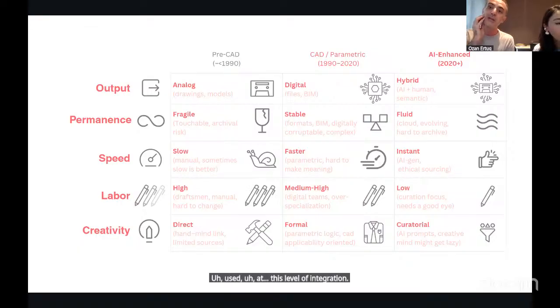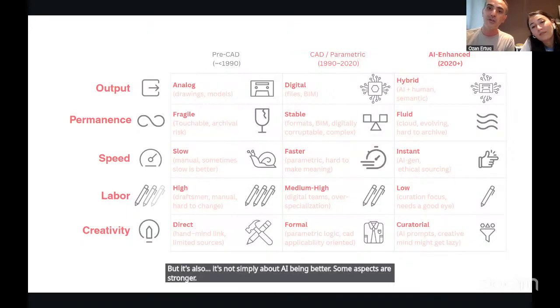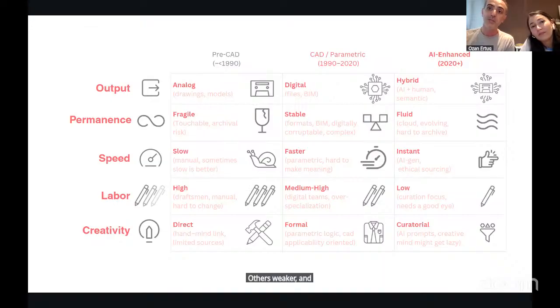But it's not simply about AI being better. Some aspects are stronger, others weaker, and often AI merges qualities from both previous eras and different disciplines maybe.